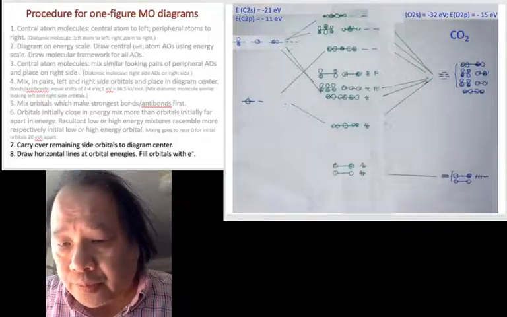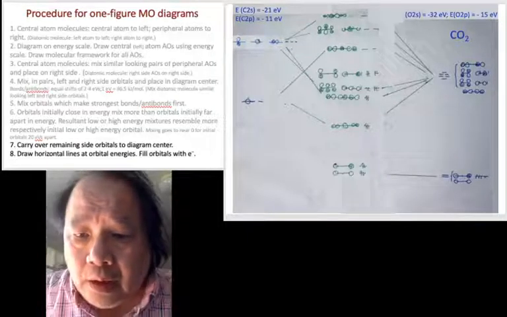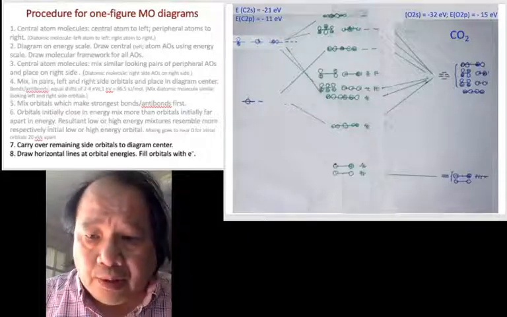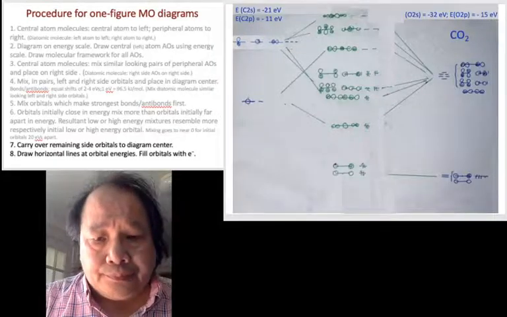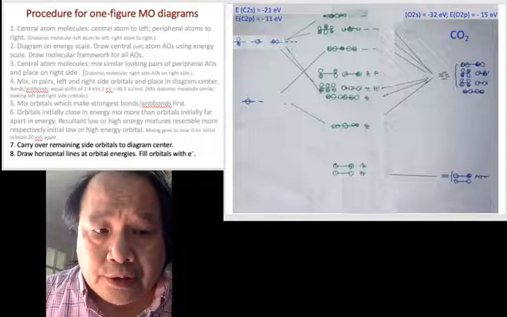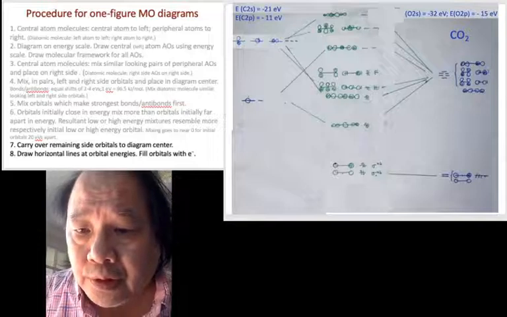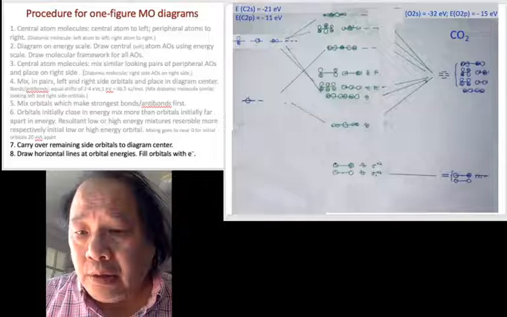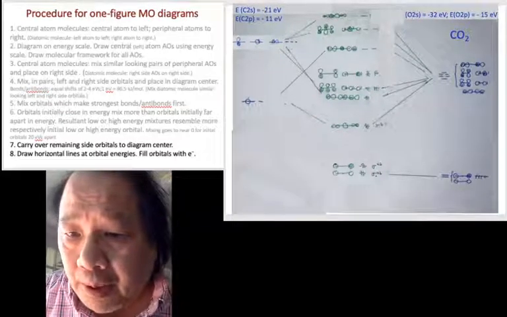What are the names of these orbitals? Let's start from the bottom. Do you remember that s orbitals are sigma-like or pi-like? Sigma. Are these sigma bonding, non-bonding, or anti-bonding? Put it in chat. The 2 at the bottom. They are too far apart to interact with the oxygen. They are non-bonding. So they're 2 sigma non-bonding orbitals. Next one up is sigma. Sigma bonding, non-bonding, or anti-bonding? It is sigma bonding. Next one up,